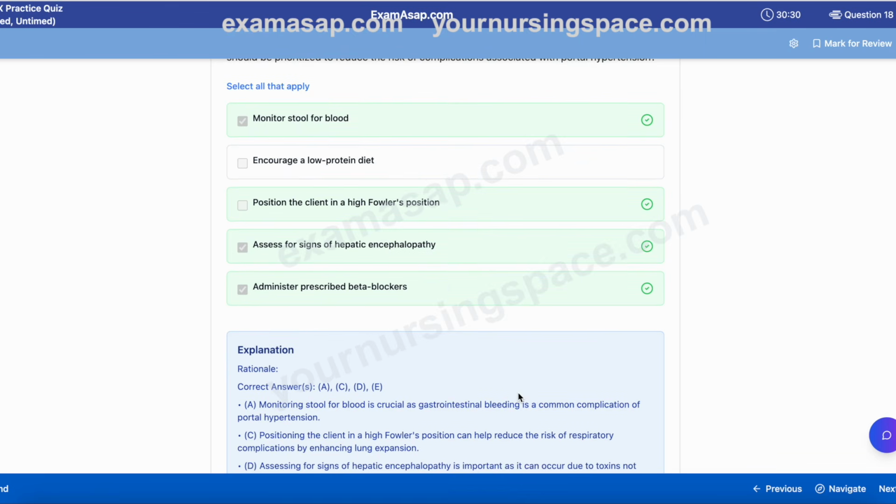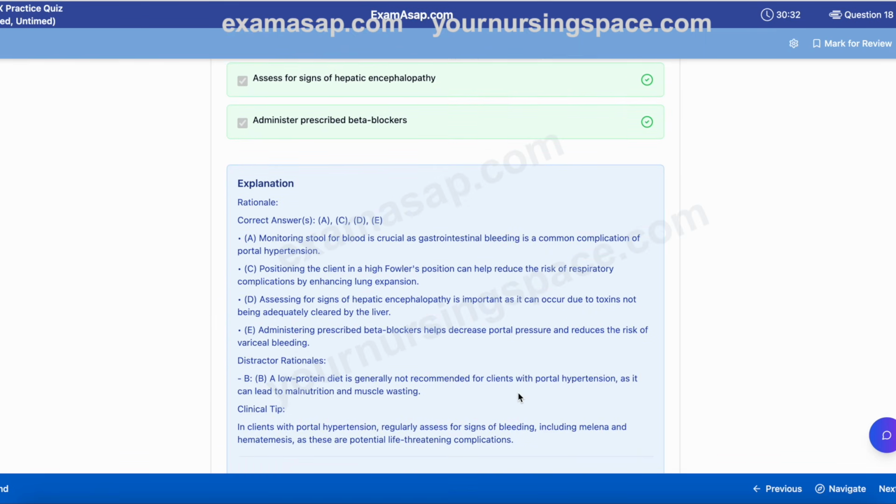Rationale. Correct answers: A, C, D, E. A. Monitoring stool for blood is crucial as gastrointestinal bleeding is a common complication of portal hypertension. C. Positioning the client in a high Fowler's position can help reduce the risk of respiratory complications by enhancing lung expansion. D. Assessing for signs of hepatic encephalopathy is important as it can occur due to toxins not being adequately